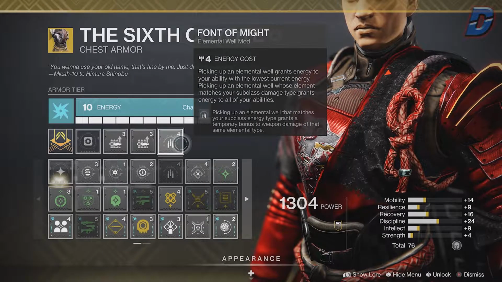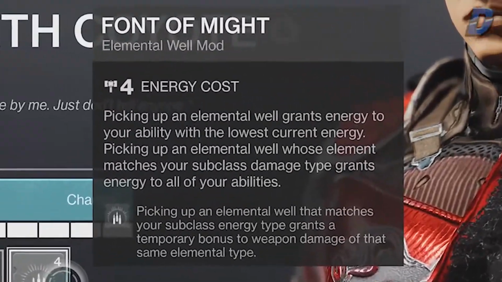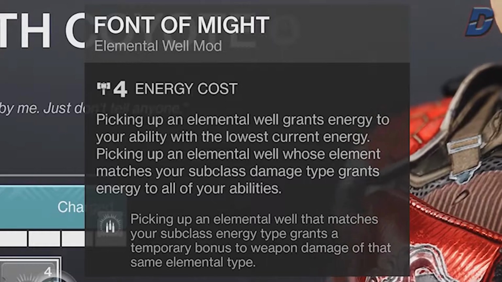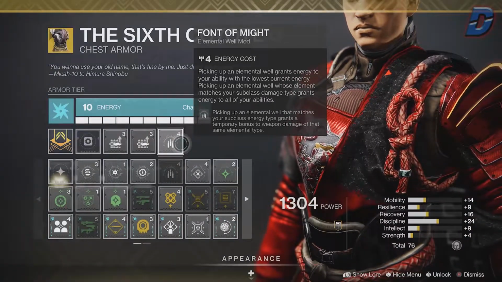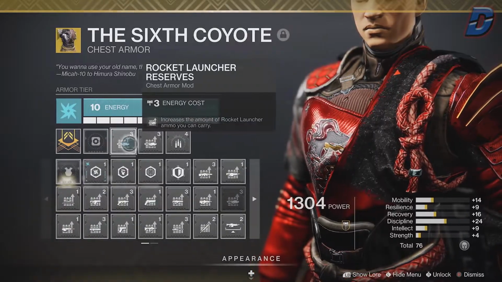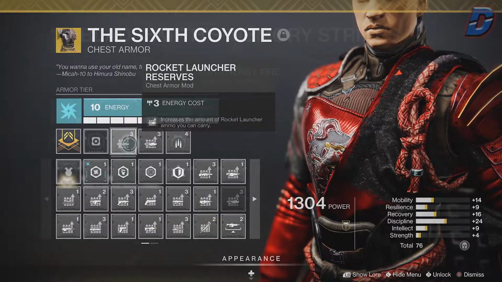But for the first mod, I went with Font of Might, so when we pick up an elemental well that matches our subclass, we get a bonus to weapon damage with the same element, which is why we wanted to use that Void rocket launcher, so that we can maximise our DPS against bosses using them. Then I went with double rocket launcher reserve so we can carry 9 rockets,